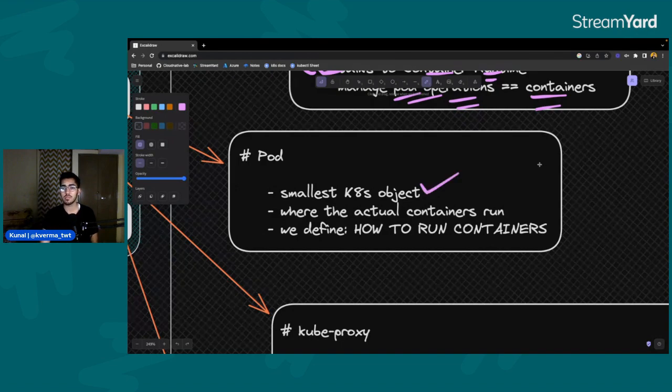Okay, as I mentioned, Kubernetes has an API, right? And all these separate components, the pod, the deployment, and all the other functions that we use are the objects of that API, if you are familiar with the API concept and how it works. So a pod is the smallest Kubernetes component, or the smallest Kubernetes object in technical terms. It's the smallest object, and this is where the actual container runs, your containerized applications.